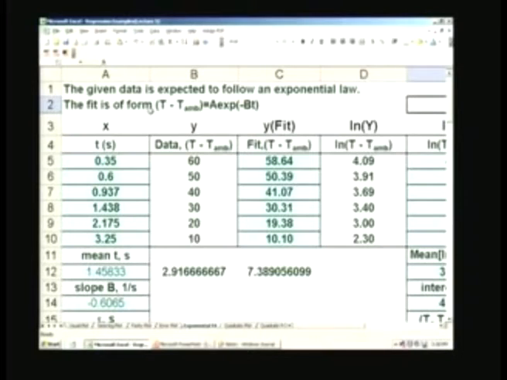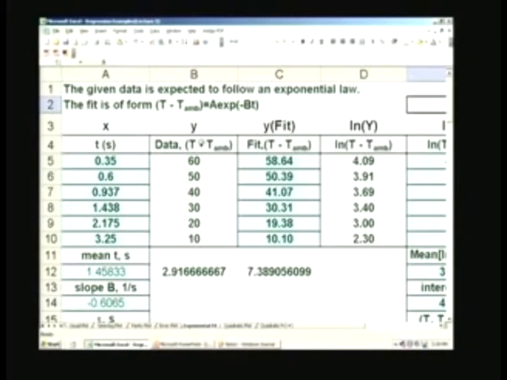Now, with this background, which is just enough to understand what is going on, let us take an example. The example is stated by giving the values of the time and the corresponding temperature, which is measured in a certain transient experiment. So, the time is given as t in seconds. Data is actually the difference in temperature between the object we are measuring and the ambient temperature. So, the difference is what I am plotting here, and the t, the seconds, is also identified as x in our normal terminology.